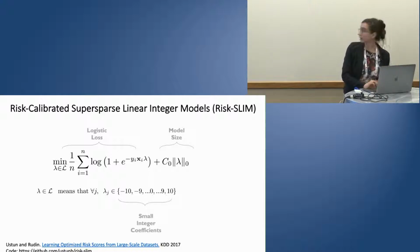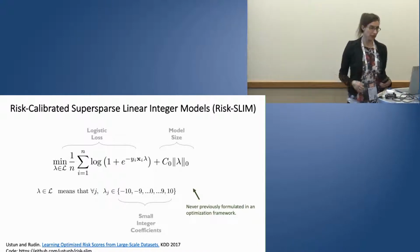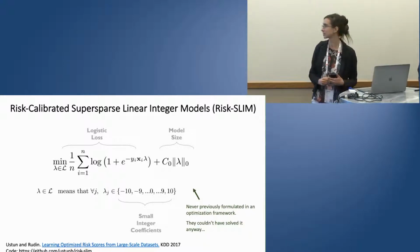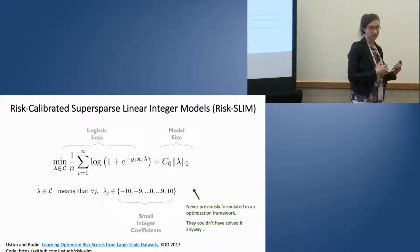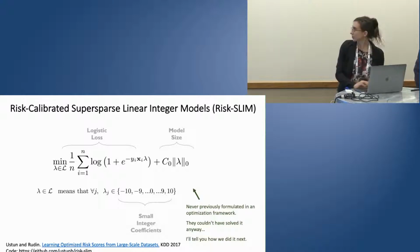Now, this problem has never previously been formulated in an optimization framework, despite the fact that doctors design these models regularly. However, even if someone had put it into an optimization framework, they couldn't have solved it because it's a mixed integer nonlinear program whose feasible region is the integer lattice. So if you tried to send it into Knitro or one of the MINLP solvers, you'd be here forever. It wouldn't work. So I'm going to show you how we did it, which was to design our own cutting